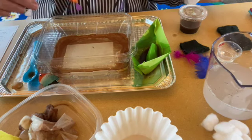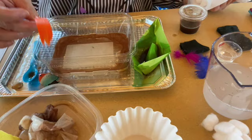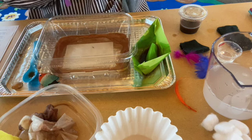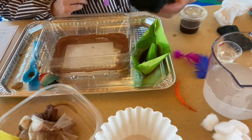And I don't know, we'll have to see. It doesn't look a whole lot better to me yet, but we'll let that dry. And then you can come back and look at your feathers and see what you think about washing shorebirds and if that helps them. The other thing that I was thinking we could use is this pretend fur to see